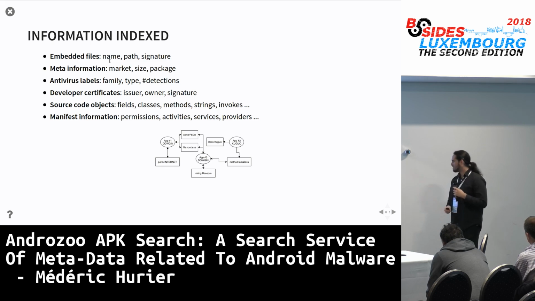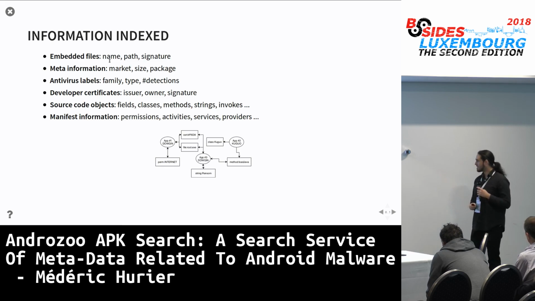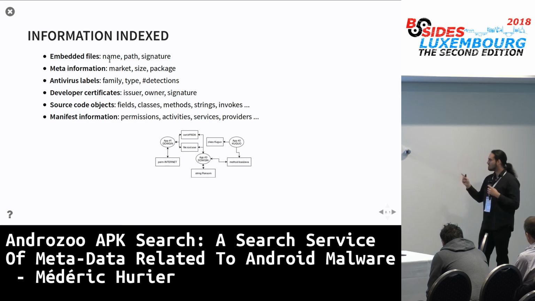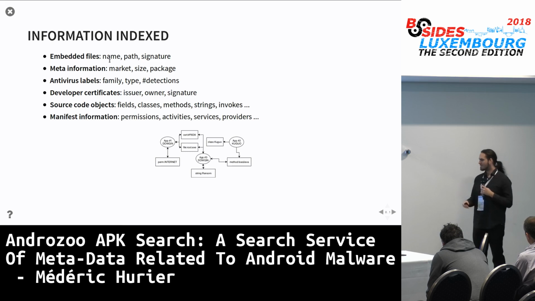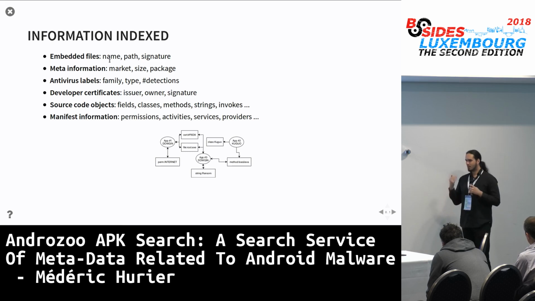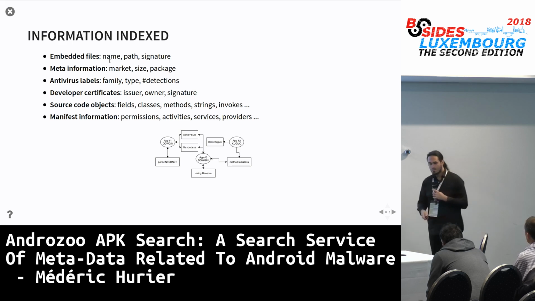I'll try to represent on this picture here how the things could be represented visually. So it's like a graph. The round node will be the application, and the rectangle ones are the components. And the interesting thing here, like a social network, is to try to study the relations. What application includes what artifact, and vice versa.